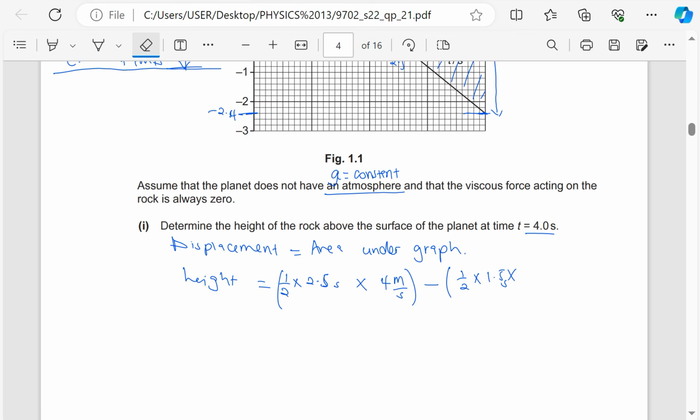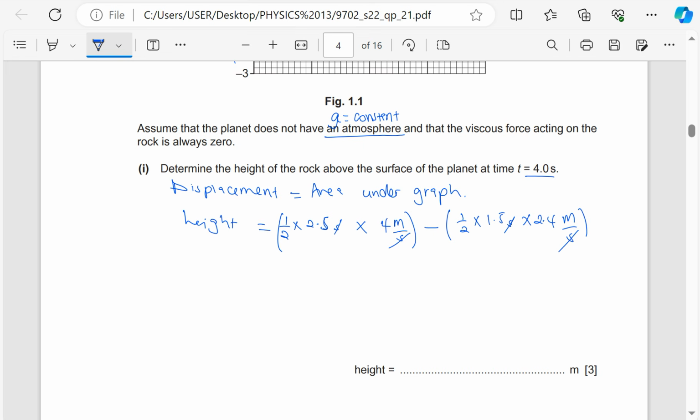I have to put units there so that people will see that the answer is in meters. So this is seconds, then times 2.4 meters per second. You will notice that the seconds have cancelled out, so we remain with only meters. Precisely, we have 2 times 2.5, which is 5.0,